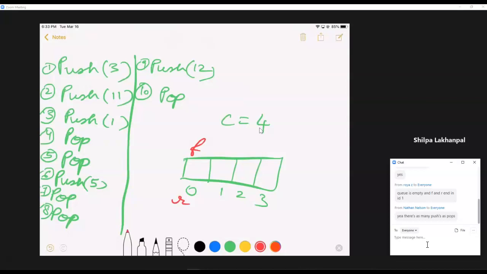After that, a push is called, where 12 is pushed over here and R is moved here. And then a pop is called, where F is moved plus 1 and this one is removed. So at the end, basically, you have an empty queue with both F and R at location 1.